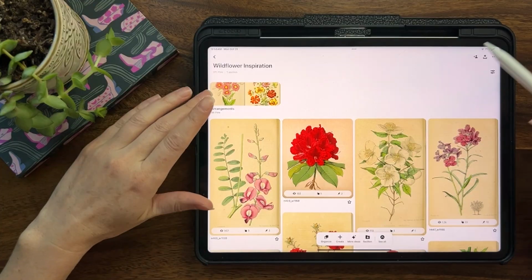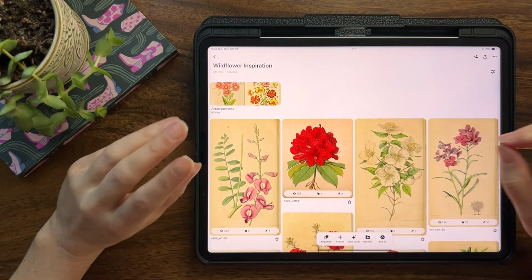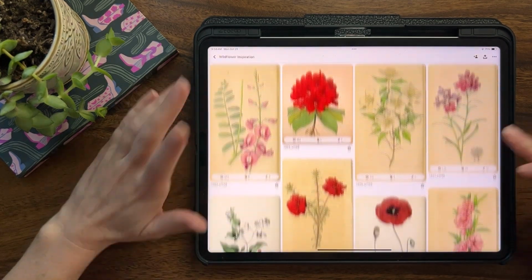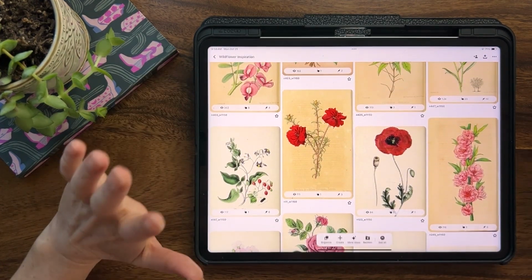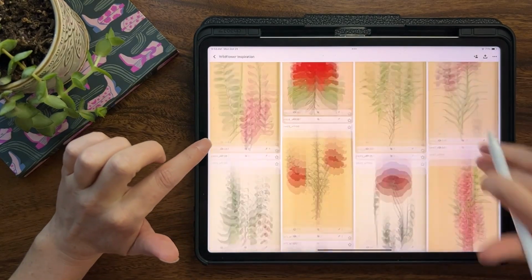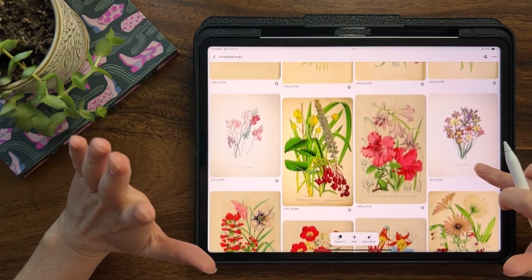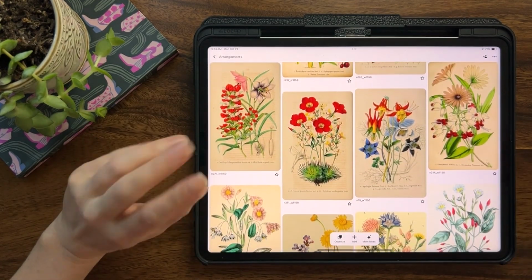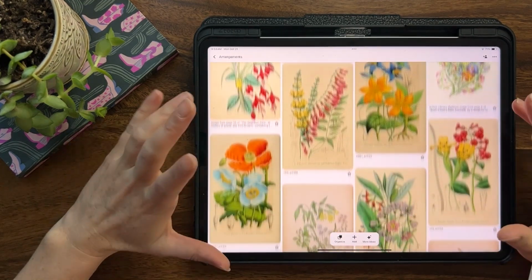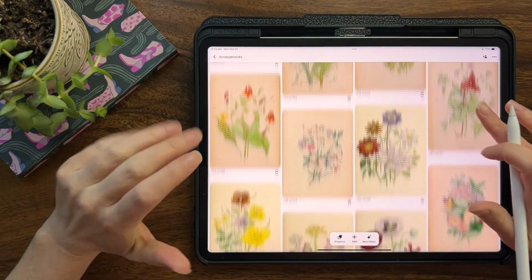So I'm going to start out here on my wildflower inspiration board, and I think this is the first place you need to go in order to not make basic flowers, and that is to start with some unusual, interesting shapes. So what I recommend here is you either go through this main page or go into the arrangements page and just screenshot all the most unusual, interesting flowers that you see. And we'll save them in the camera roll, and pull those up as we create some interesting florals